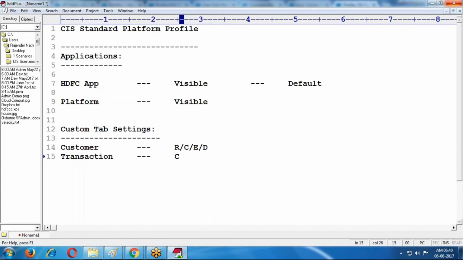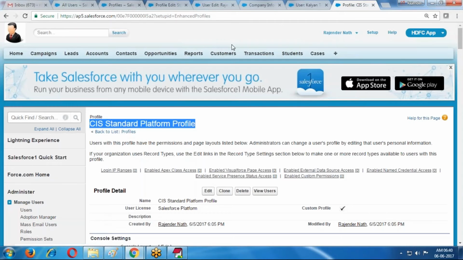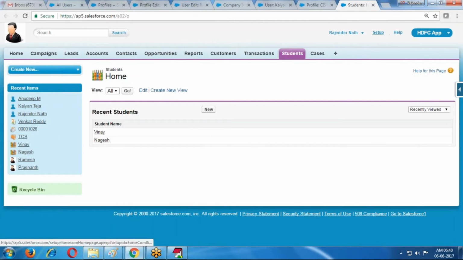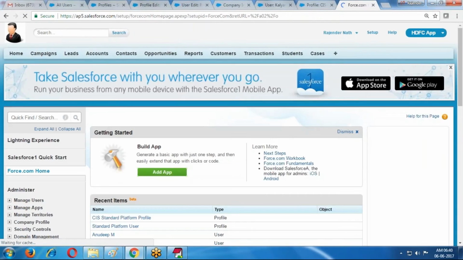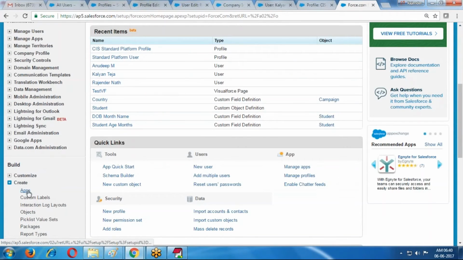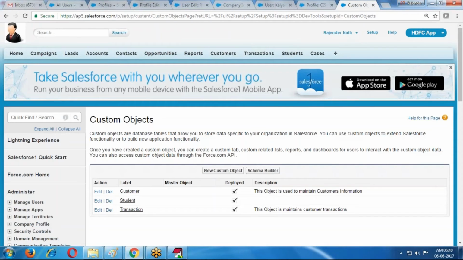For this, create, read only. Any other objects? Student object. Only three objects. Student object.